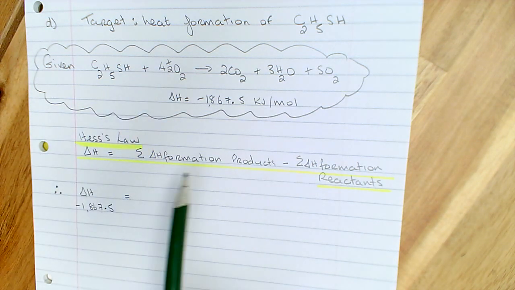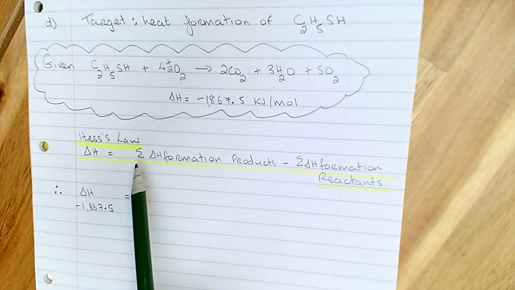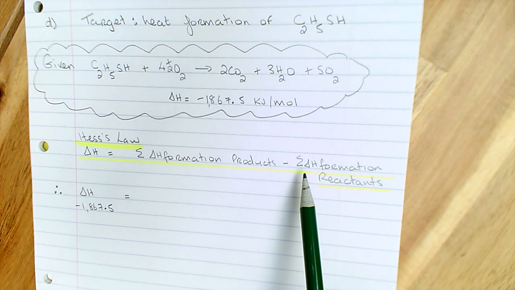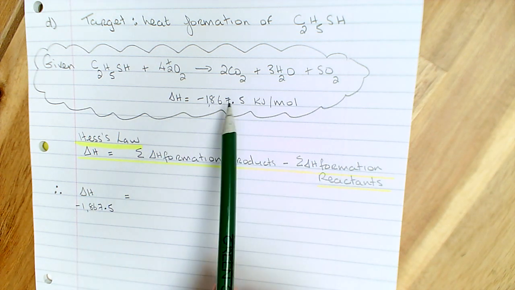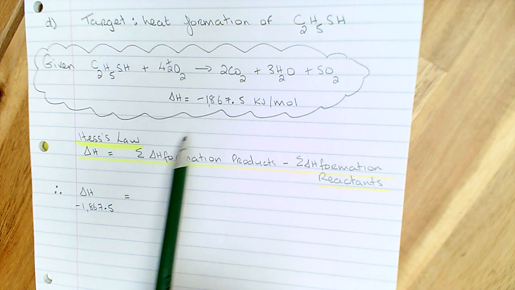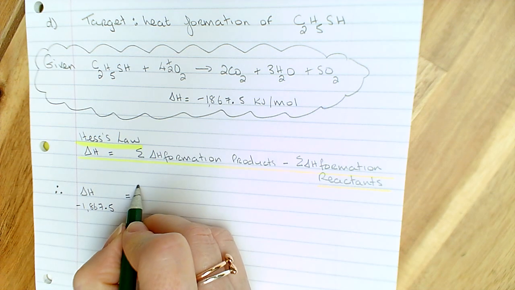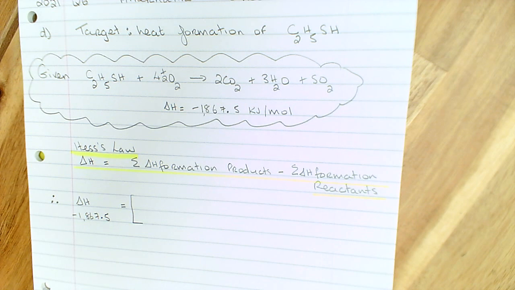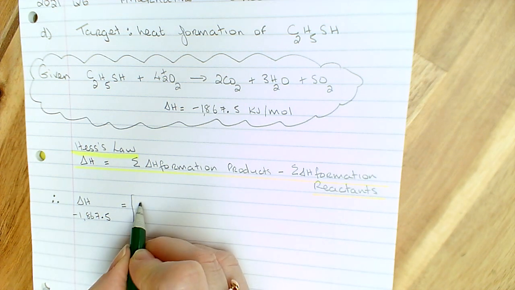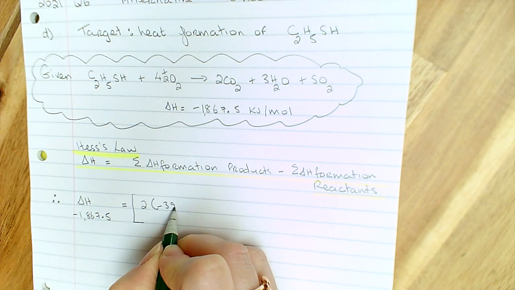So let's write out that formula: the overall heat change in a reaction can be expressed as the sum of all of the heats of formation of the products minus the sum of all of the heats of formation of the reactants. So let's go through that calculation now. The overall heat change for this reaction was given in the question, so that's the value there. That can be equated to the sum of all of the heats of formation of the products. The products here we have 2 CO2. So 2 times the heat of formation of 1 mole of CO2, which was given to us in the question as minus 393.5